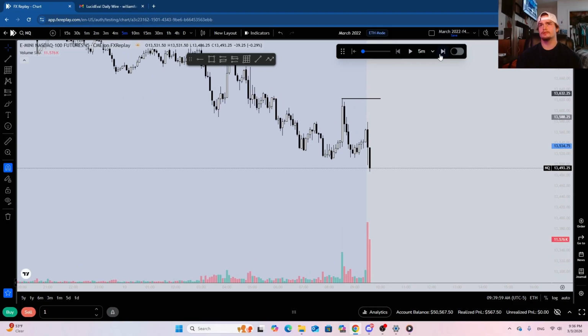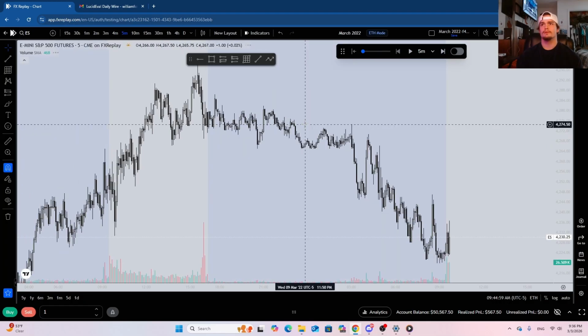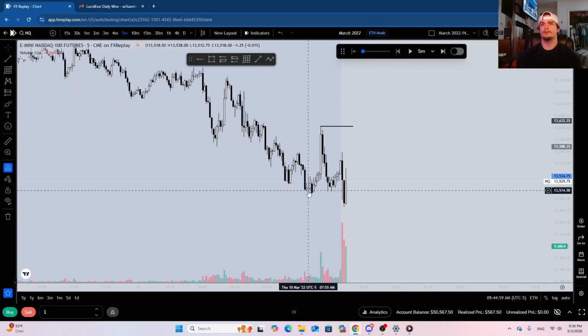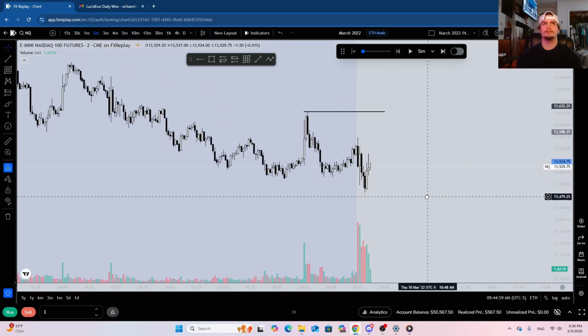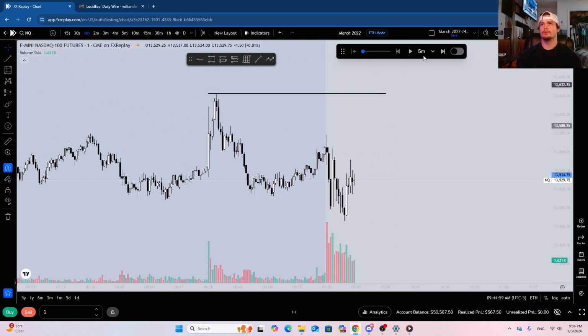Okay, so New York opens. We get some displacement down. We come below London lows, whereas ES fails to. So we do have a higher time frame SMT from this low to this low. Or a lower time frame SMT, I guess you could say. See if we can get some sort of displacement. Possibly target 1-to-1 at these data highs.